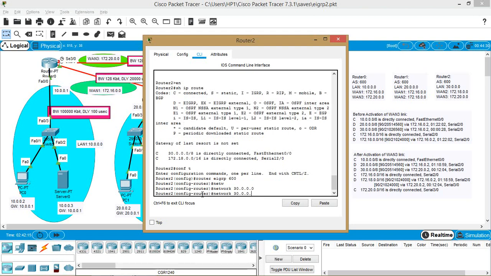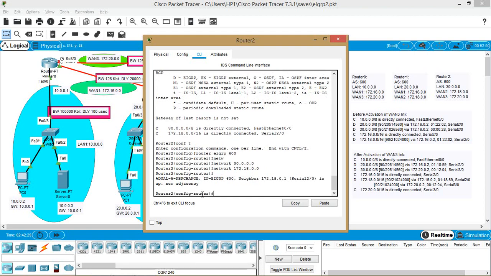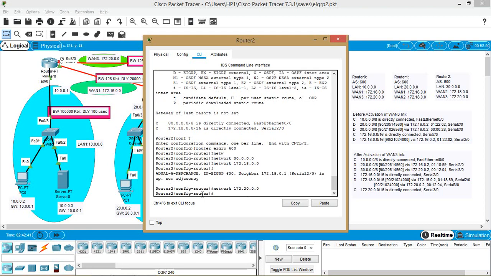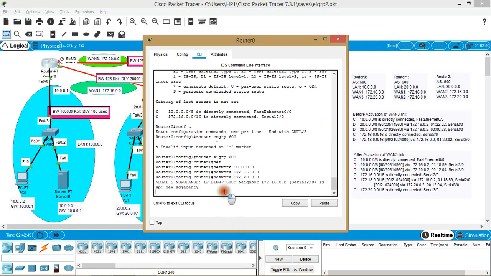Next network directly connected on this router is 172.18.0.0, which is towards router 2, and here you can see that the neighbor adjacency is developed with the neighboring router. Now let us configure the third directly connected network here, which is the network for WAN 3 and towards router 0. So now all the 3 networks are advertised. Now let us one by one check the routing tables on all the EIGRP routers.